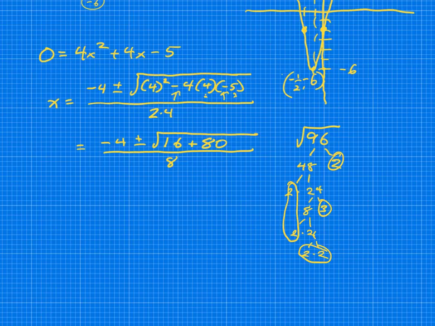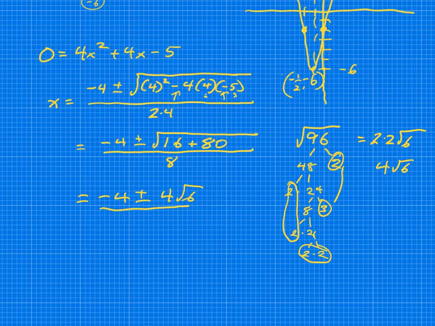So that means that we can always take out pairs. 2 2's come out as 1 2, and anything all by itself just stays all by itself. So we get this is equal to 2 times 2 square root of 2 times 3, which is 6, or 4 root 6. All right, I promise I'm not going to give you something that's this difficult to simplify, but let's go ahead and just finish this up now. So I've got -4 plus or minus 4 root 6